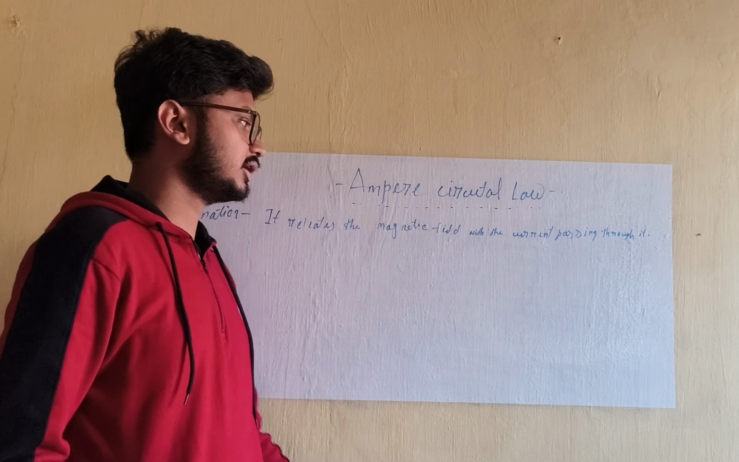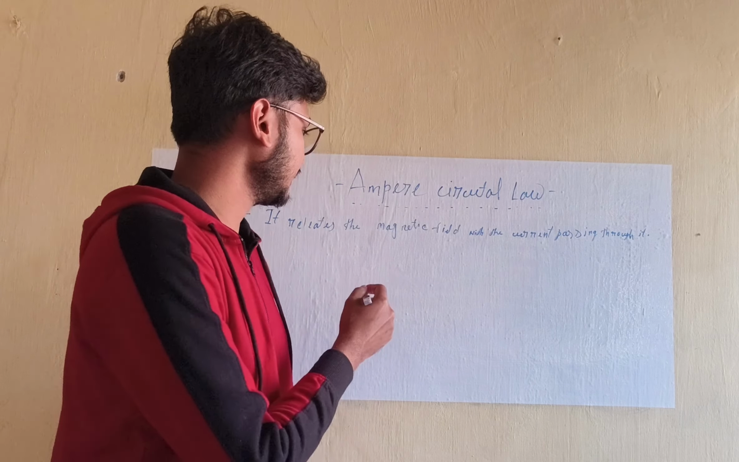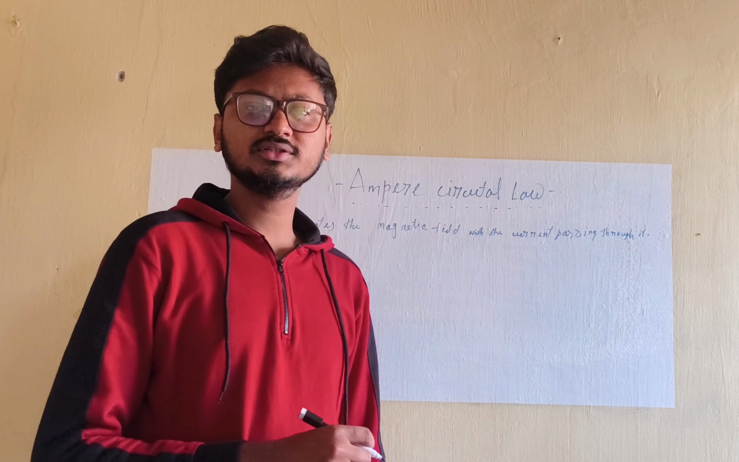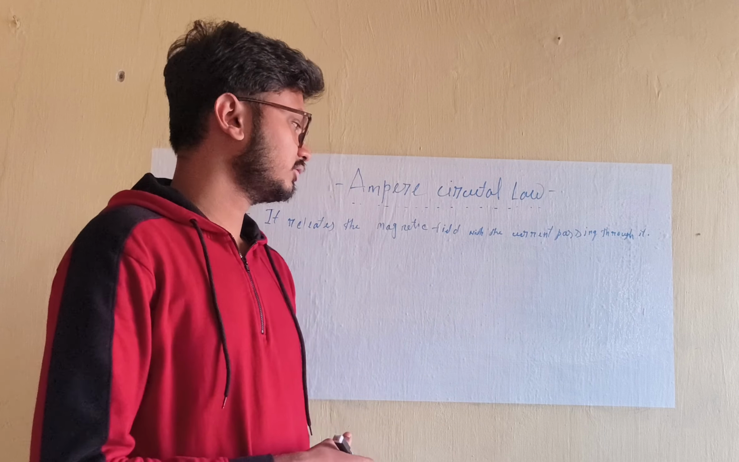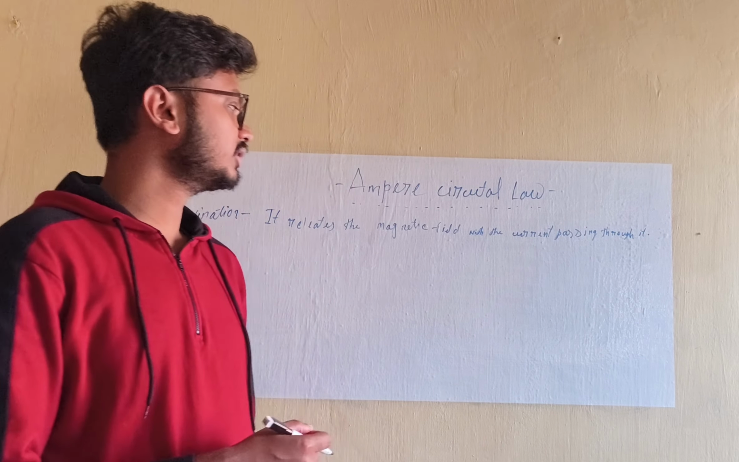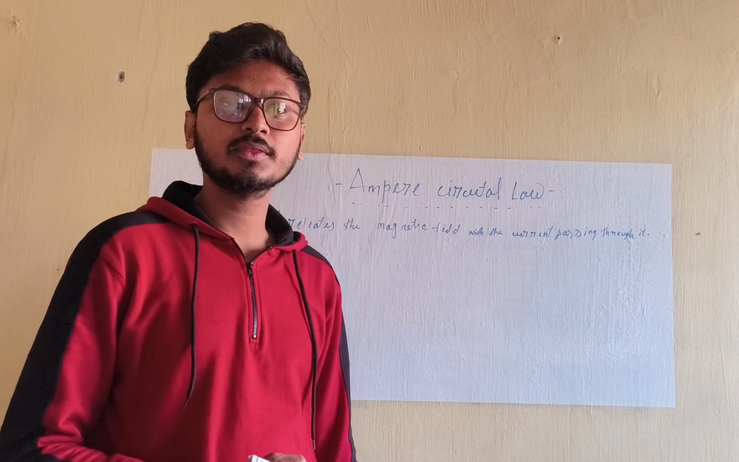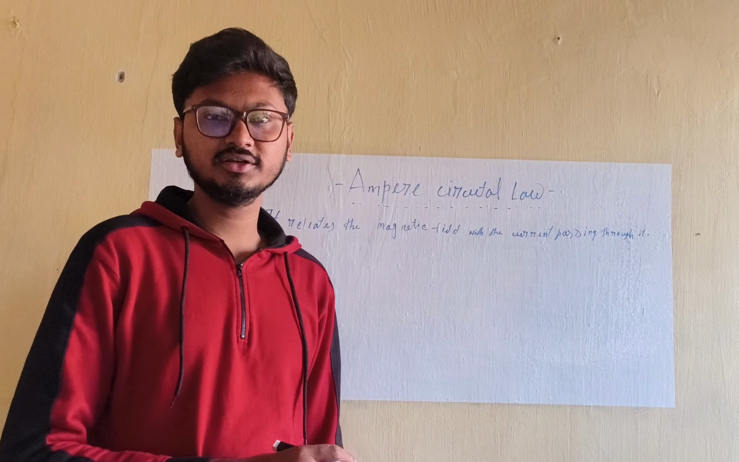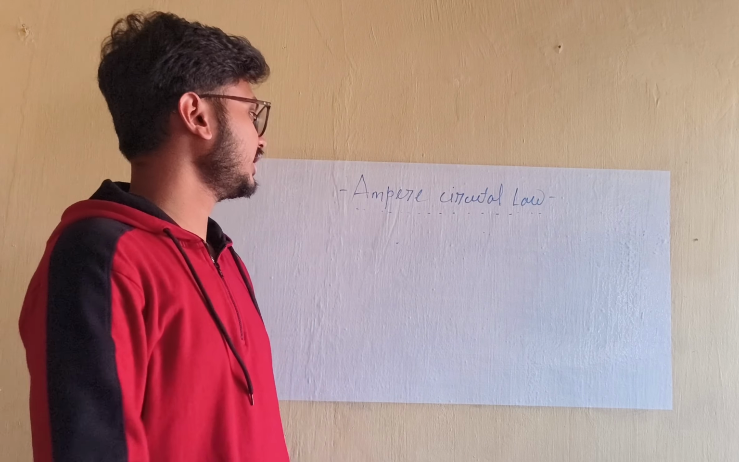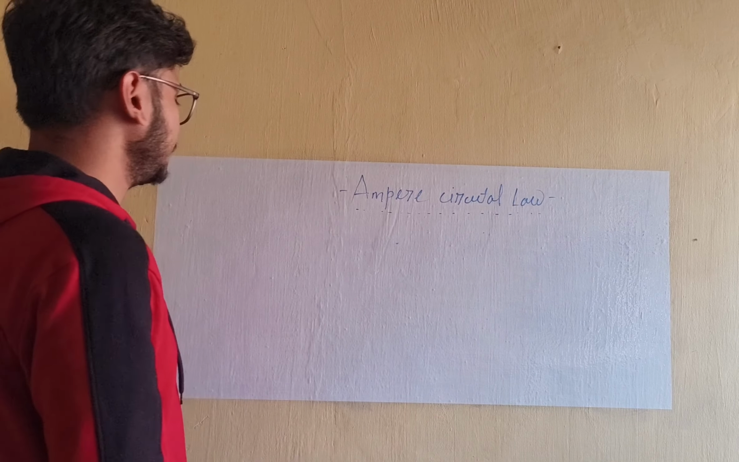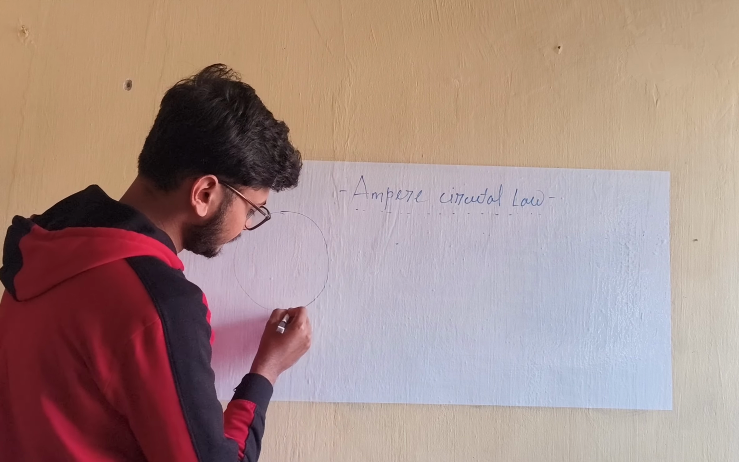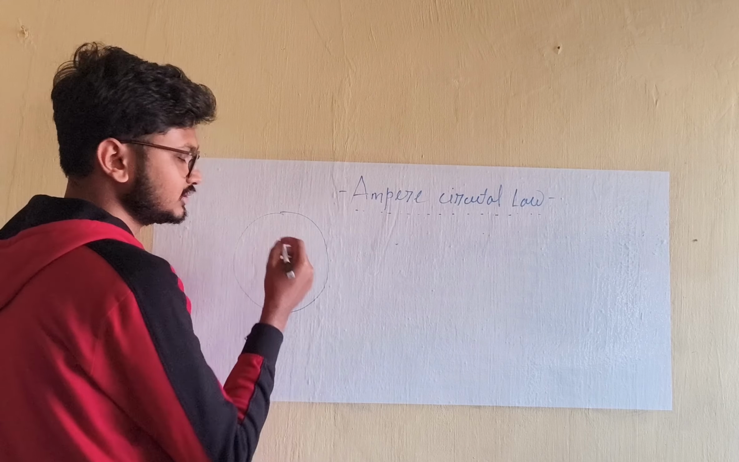So basically it relates the magnetic field with the current passing through it. Now it is basically an alternative process of calculating the magnetic field for a closed loop. We have the Biot-Savart law, which is a formal process to calculate the magnetic field. Now there are some special cases for which we can apply this law. The special case is, we are taking a closed loop like this one, and if there is some current